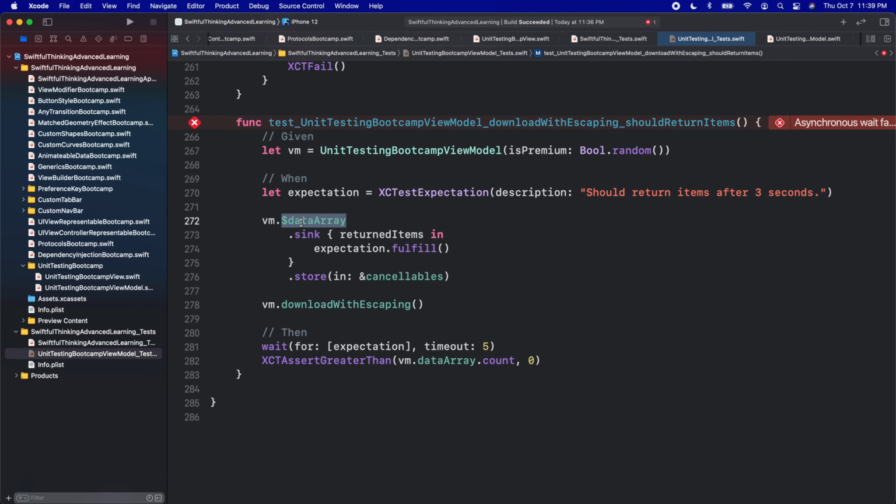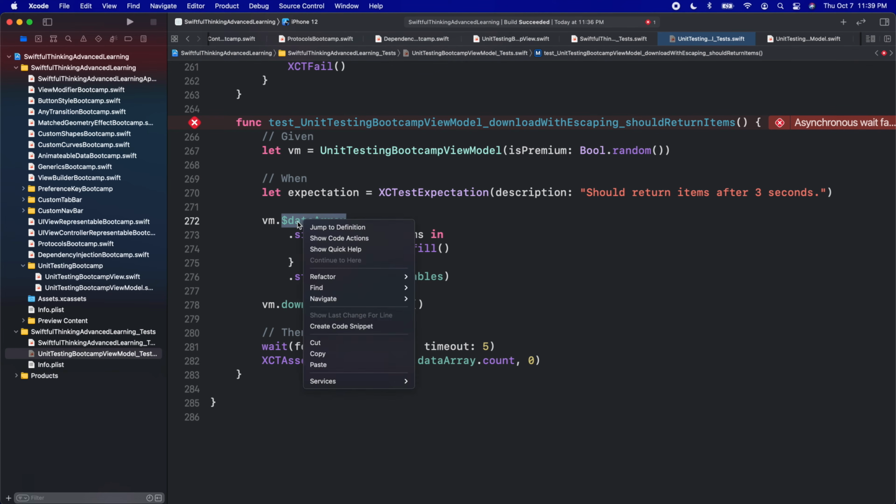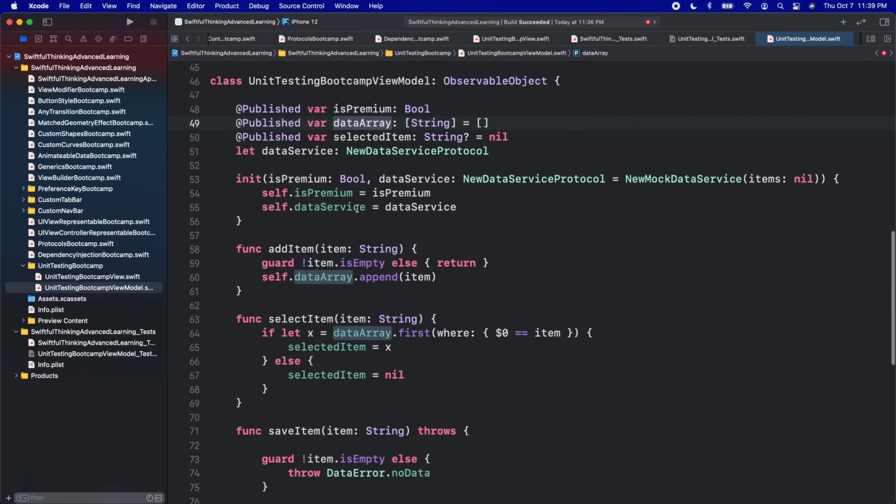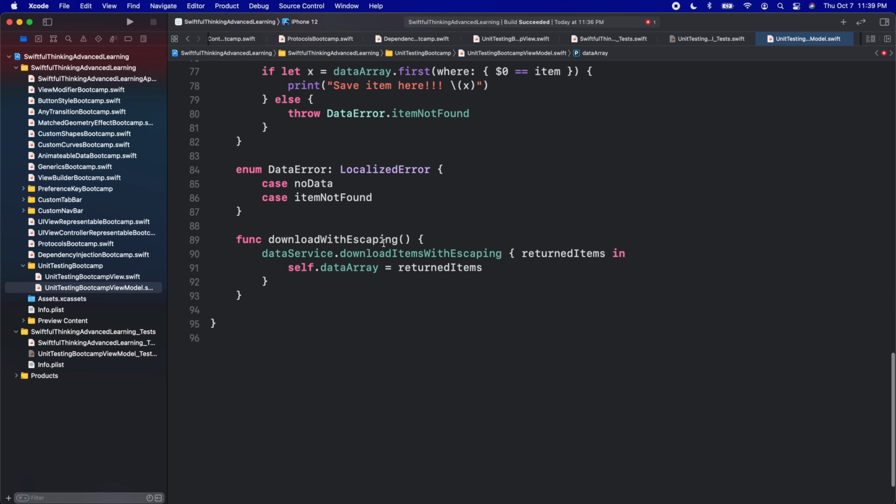to publish. And in a couple videos further in this course, which I have not released yet, I'm going to go much deeper into advanced Combine, so that should help you guys out. But for now, if we look at the data array, basically this is going to get published every time values are set here. So at the very init, it's going to publish a blank array as soon as we set values. And then once we download items, we're going to set it up again,